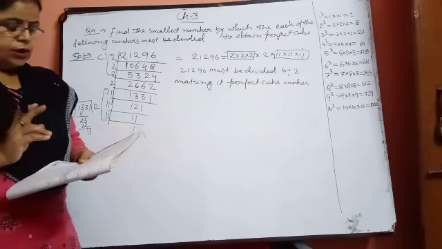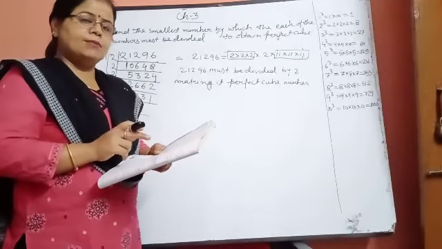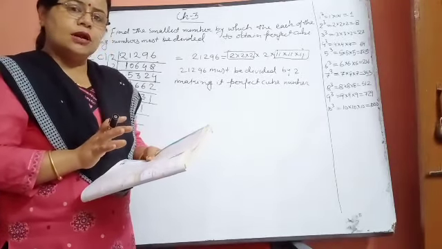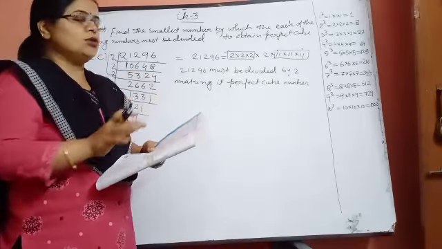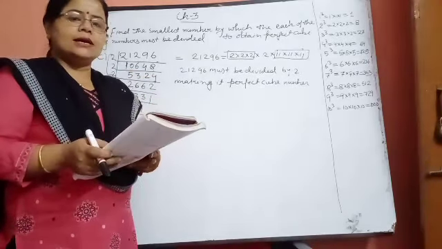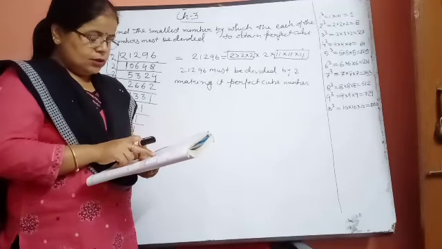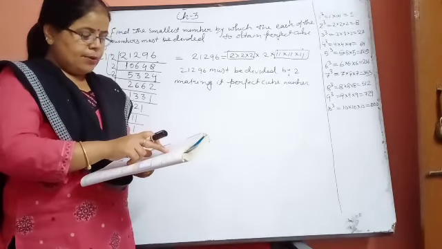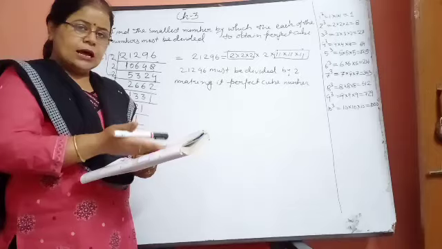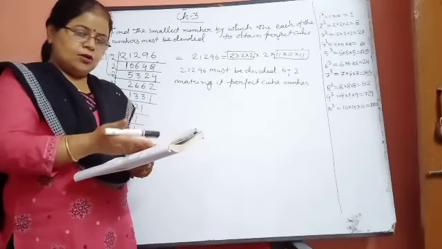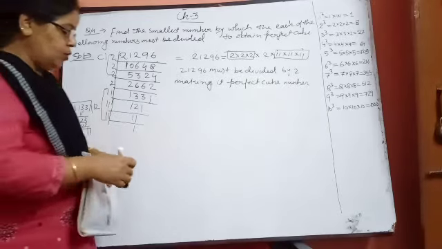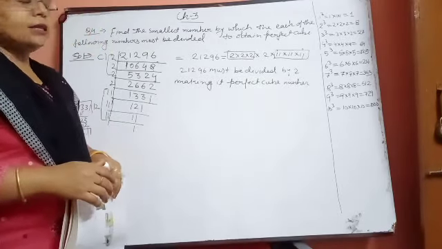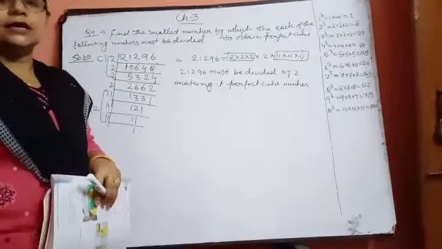And again I am repeating, in questions number 4 and 5, their answers are given wrong in your answer sheet. So don't follow your answer sheet for them. You just do the solution according to me and you will get the right answer. Question number 6 will be your homework. Some part from each question I am leaving for you so that you can do the same kind of question and understand the problems. Now I am going to question number 7, the last question of this exercise.